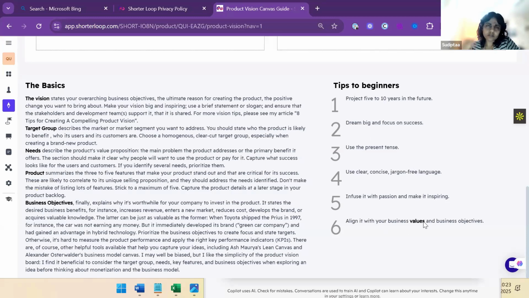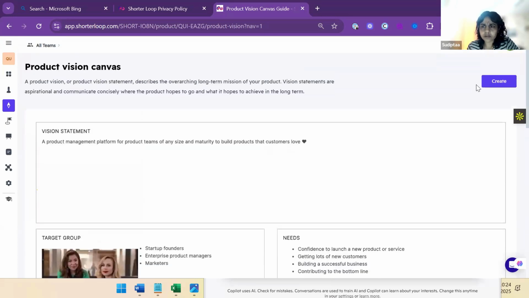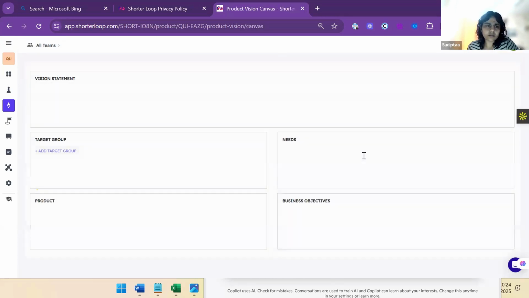Focus on the business values and the goal. You can talk about a problem statement in the industry, and say we are going to do an exploratory with our new product. How can we navigate this problem statement better by doing these three things? These are the business objectives. So always talk about a crisp template, and what a vision means, what a target group means, needs, product. You can read all of this and it will give you a better understanding, and then you click on create.